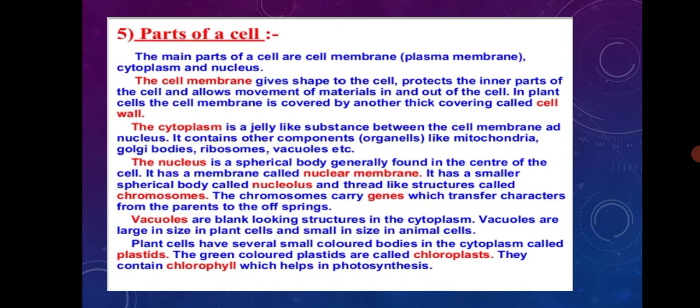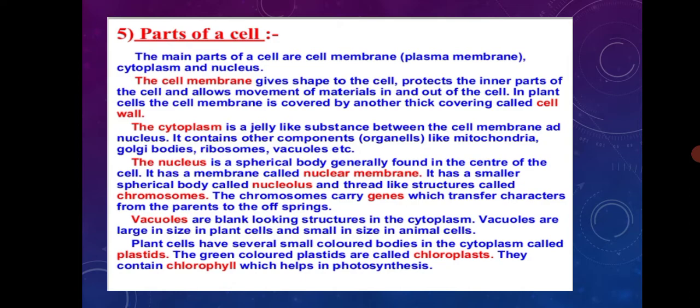After that, a very important cell organelle is mitochondria. It is found in both animal cell and plant cell. The outer membrane is smooth, while the inner membrane forms many finger-like structures called cristae. Mitochondria contains its own DNA. Oxidation of glucose takes place in mitochondria and releases energy, so it is known as the powerhouse of the cell. Plastid is called the kitchen of the cell and is found only in the plant cell.